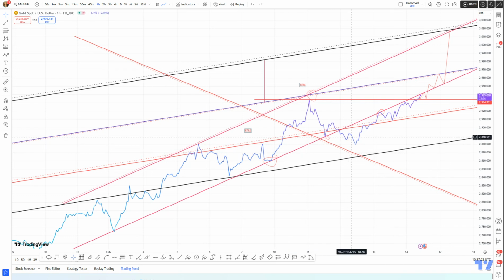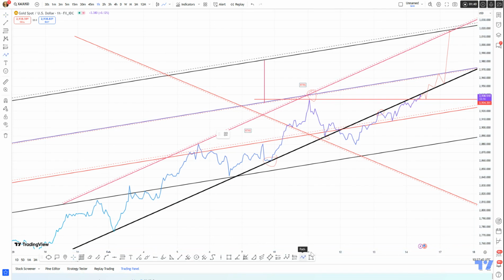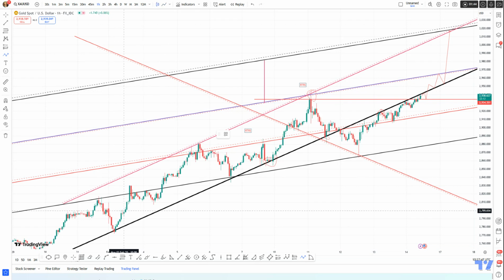So now the idea is to see price return back to the demand floor of the bullish channel. I want to see price return back into the structure. The reason is because on 1 hour, the market has already created a structure. See the structure on 1 hour,